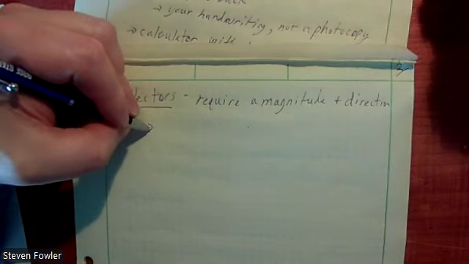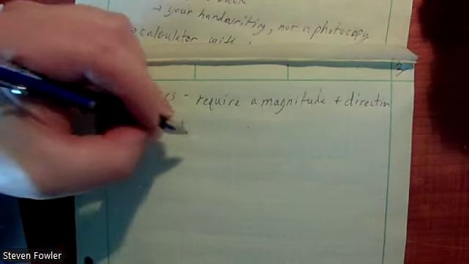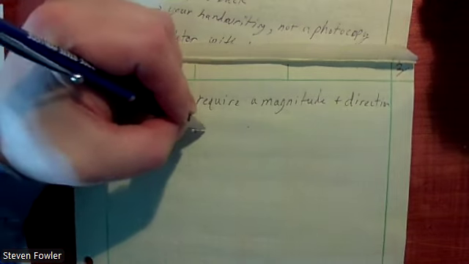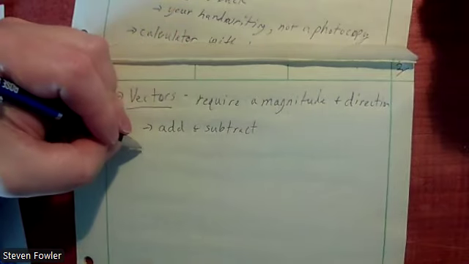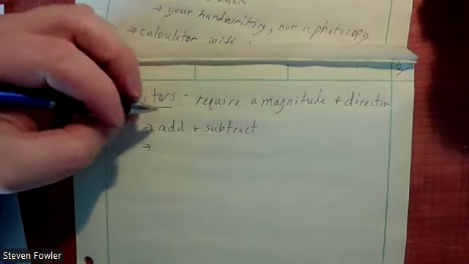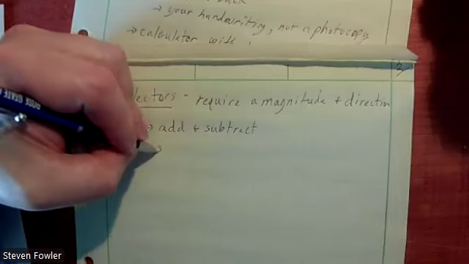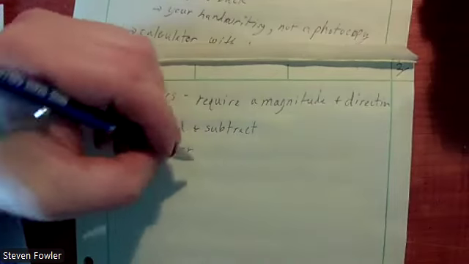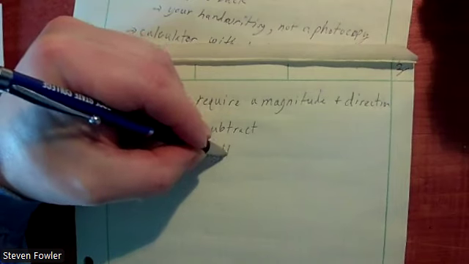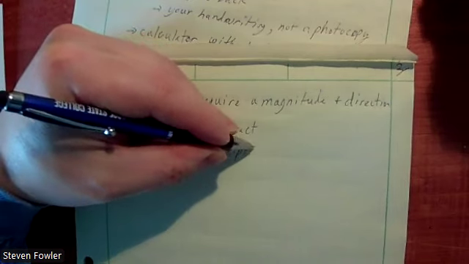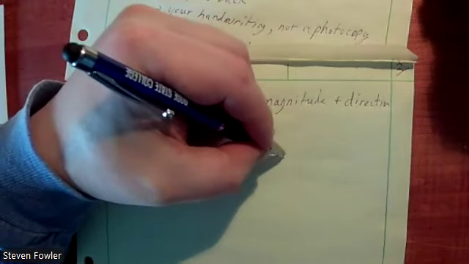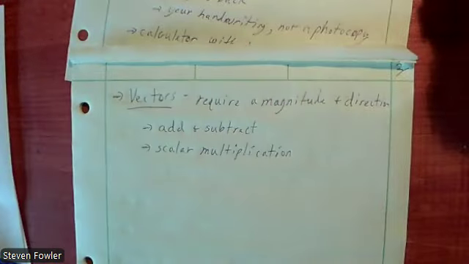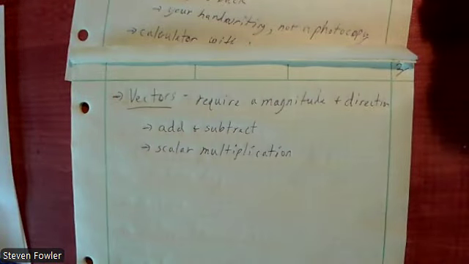Know how to combine vectors through add and subtract. Know how to do a scalar multiplication. So scaling up a vector, or scaling down a vector by multiplying a scalar quantity to it. Different ways I can transform the vectors. And then also